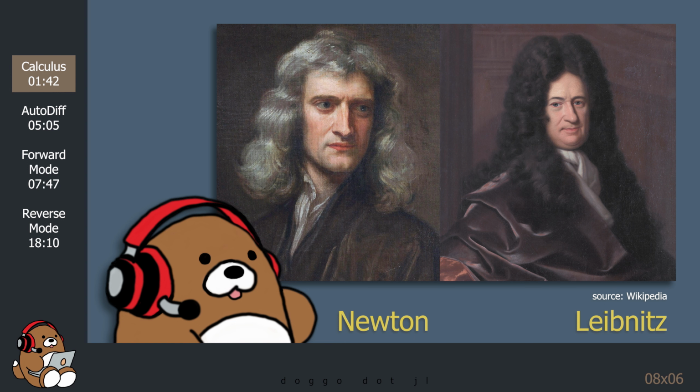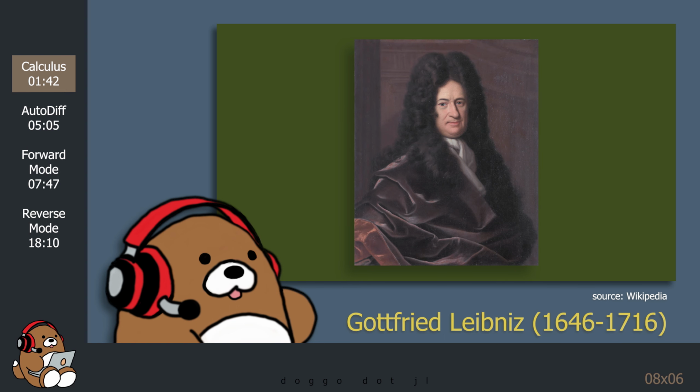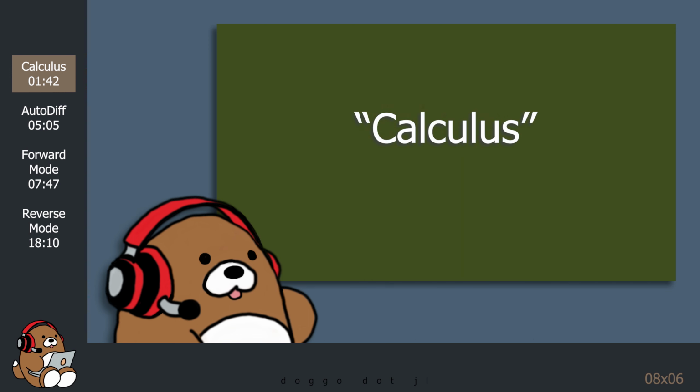Newton and Leibniz approached calculus with different motivations, but they ended up at the same place. Newton's primary interest was in physics, and he realized that the math that he needed to explain the motions of the universe didn't exist yet, which led him to develop calculus for practical reasons. Leibniz, on the other hand, took a more philosophical approach, as he believed that calculus was a metaphysical explanation of change. The term calculus predates both Newton and Leibniz.